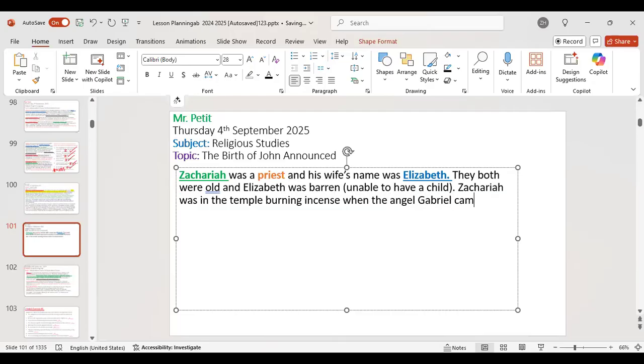Gabriel came to him and said to him the following things. Number one, his wife would have a child,